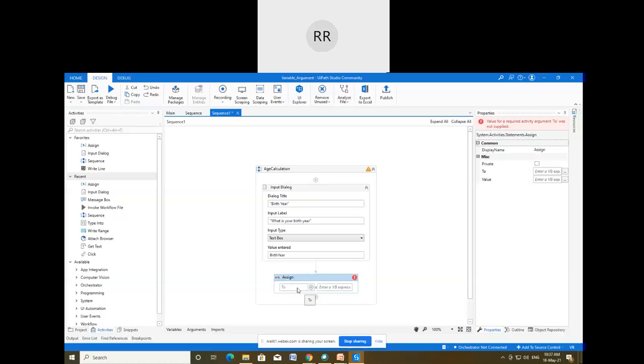Is it clear? So what will I write here? I want to calculate the age. Suppose that for the current age I want to subtract 2021 minus birth year. So here it is birth year. Once I do that, we'll get the current age, and then we have to store it somewhere else. So here I will create a variable with Ctrl+K, and I will write current age, or you can say the age.